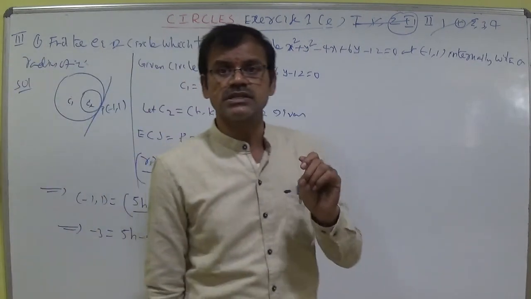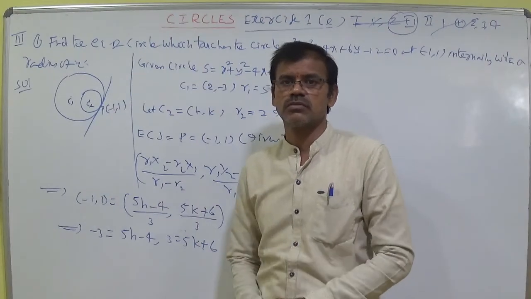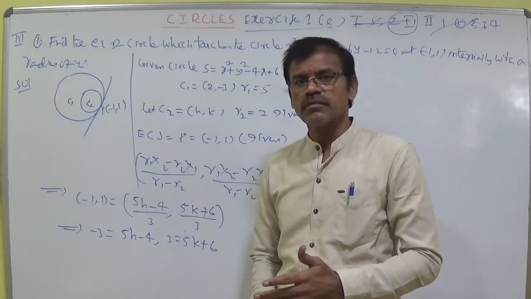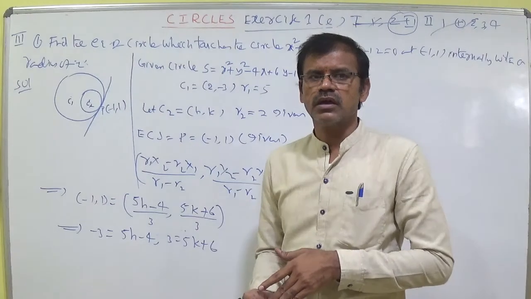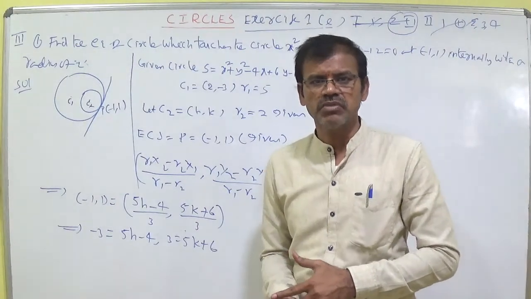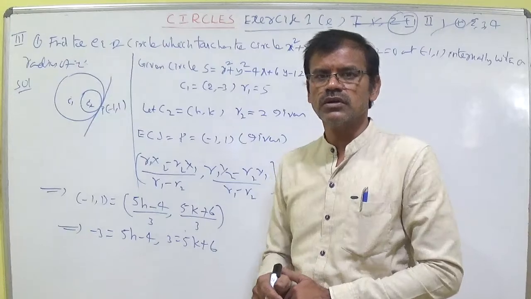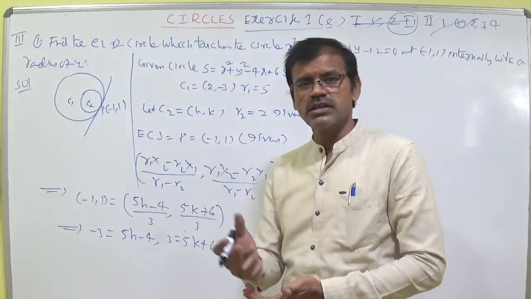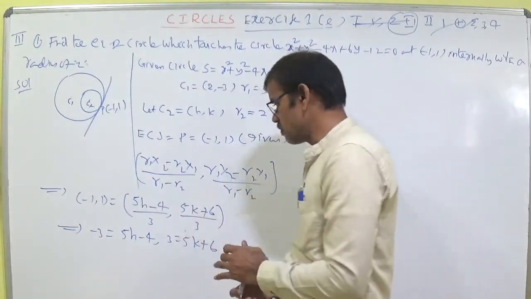Students, in the previous sum also we can do this method using R1x2 plus R2x1 by R1 plus R2. But an easy method is there because the two radii are equal, they are 5 and 5 given, that is why I have taken the midpoint. No need to get confused, you can do it in this method also, you will be getting the answer. But midpoint is easy. Here there is no question of the midpoint concept, that is why we are doing this method.